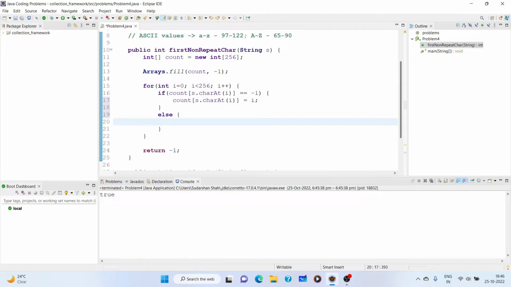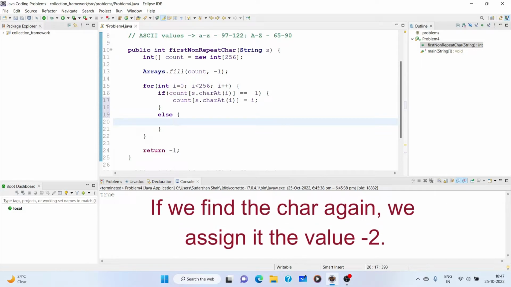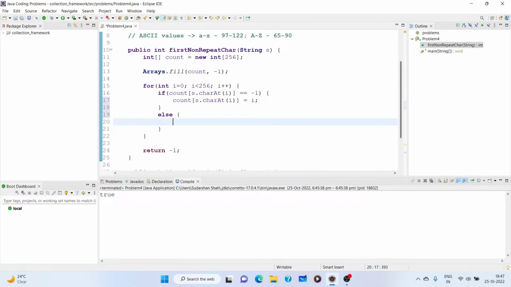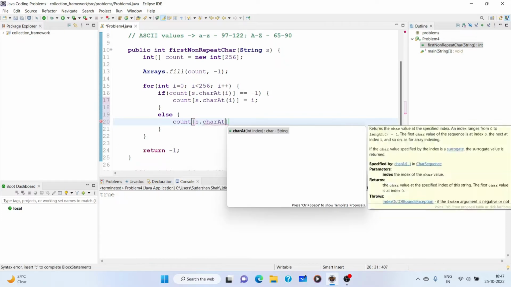So basically for the first encounter of any character we will assign the index at which it's present in the string, and if we get it once more, meaning suppose we have already encountered this character earlier, we assign its value in the count array as its index in the string, so we will not be getting -1, we will be getting some other value. In that case we will assign s.charAt(i)